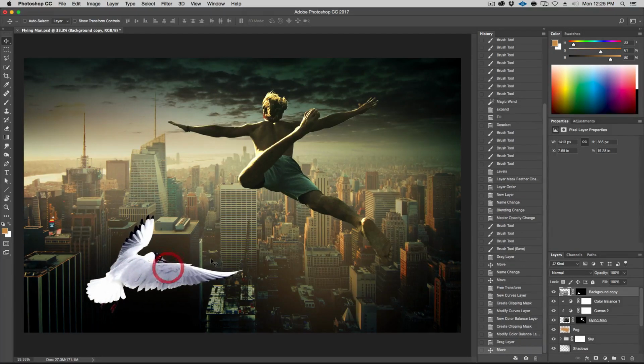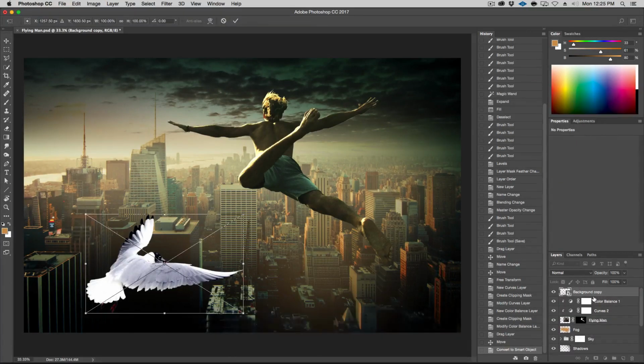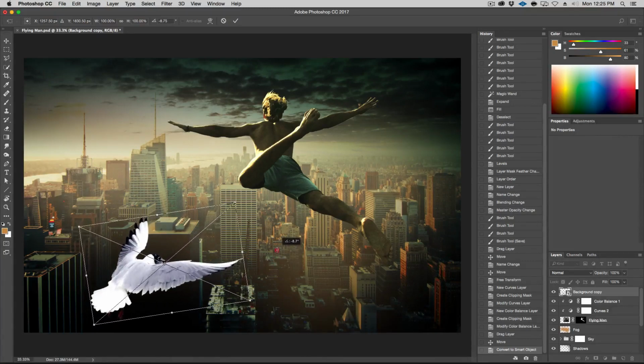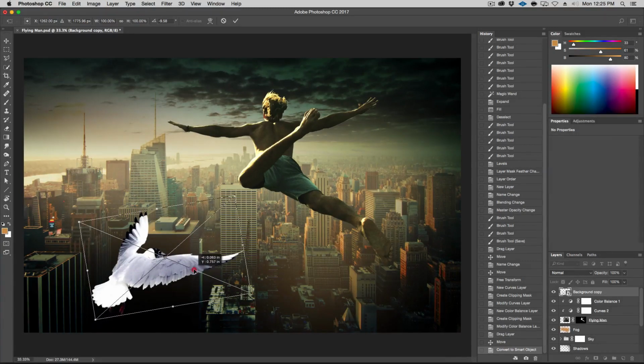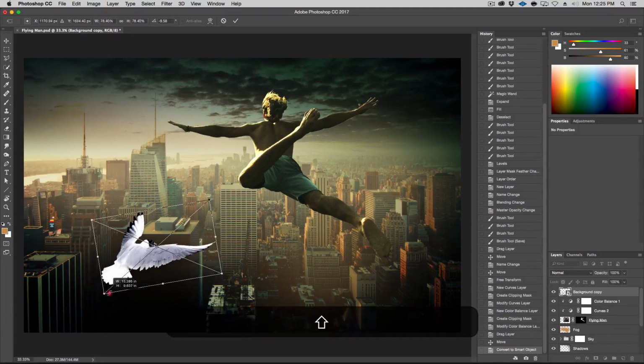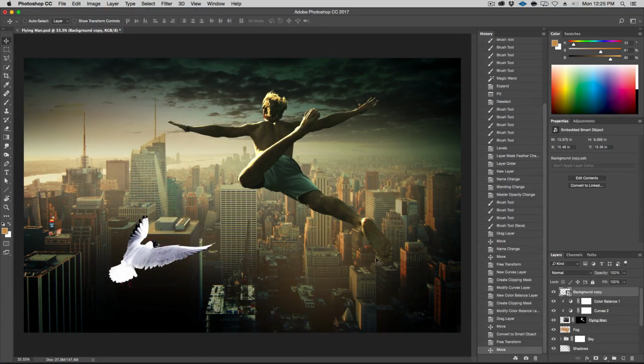Let's place him around here, and let's convert this guy into a smart object, like so. Command T. All right, it only takes him, so that's perfect. And what we're going to do is rotate him just a little bit. I feel like he's coming down a little too strong. So something like this. And let's move him up here. I think he's a little too big. Let's bring his wing somewhere here like this. Still feel like he's really big. Maybe something like this. I like that. That's better. All right, hit return. Happy with that. Again, non-destructive because it's a smart object. And let's call this Seagull 1.